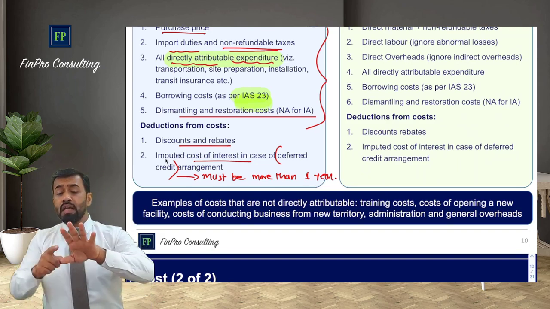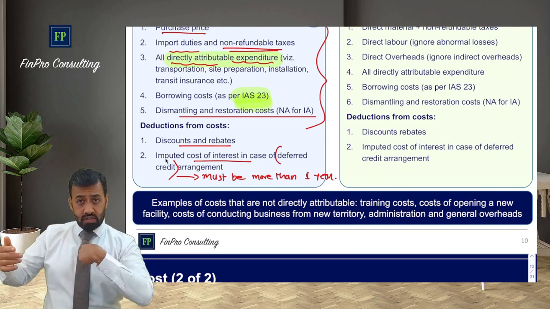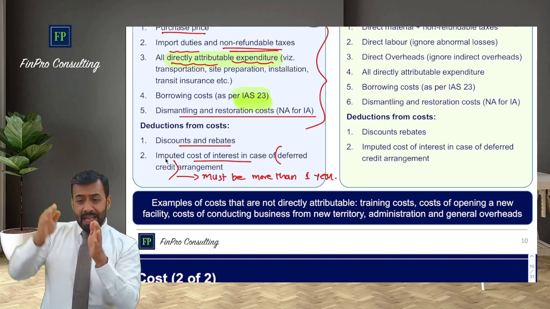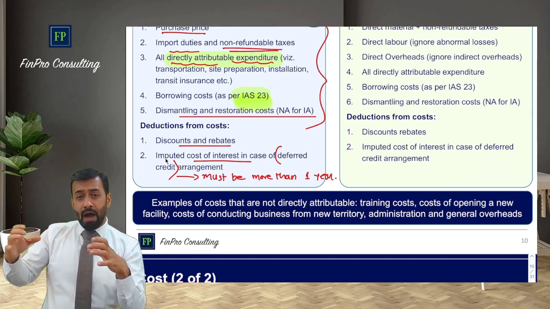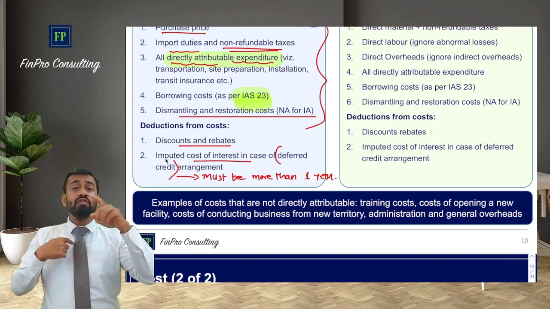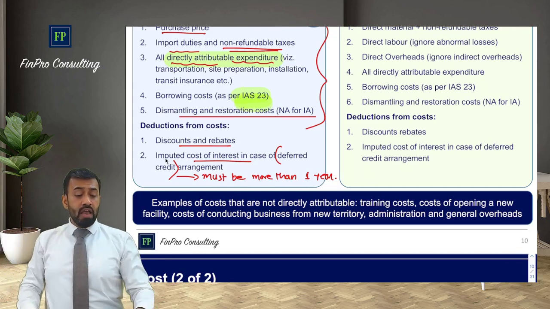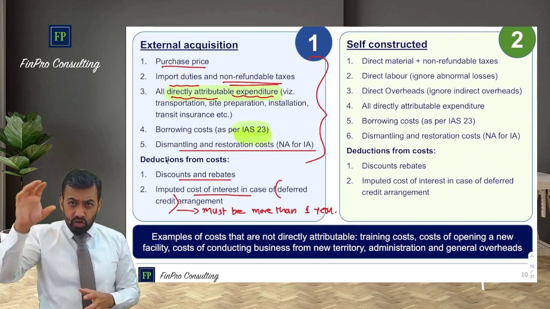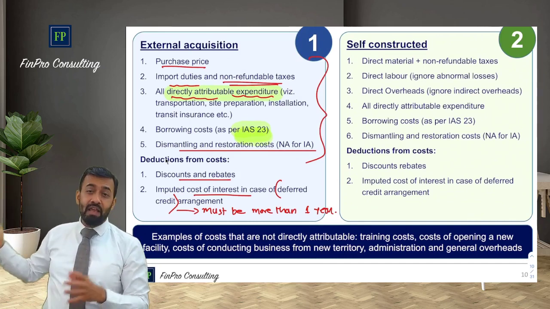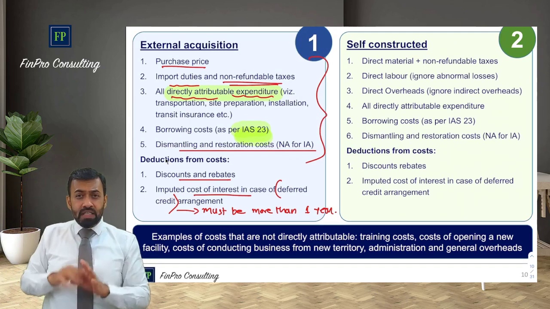It is towards the timing difference and for the credit risk of yours, which you are paying to your vendor. And that time value, that expenditure is for the time value and credit risk of yours, is not towards the asset's cost, and that's why you will have to reduce it, because if it is not specifically mentioned in the purchase contract of that PPE, intangible asset, investment property or inventory, then you will have to calculate that. It is an implicit interest cost.